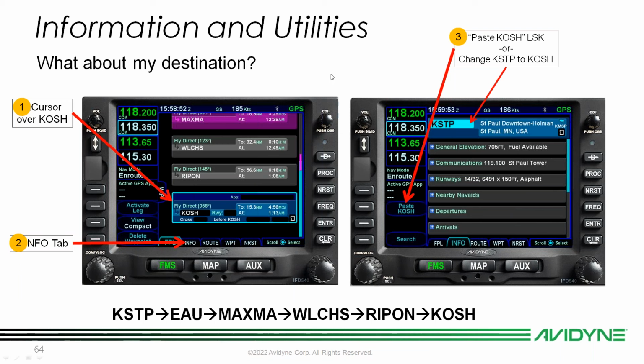So what about your destination? I want everybody to do this. Go back to your flight plan tab and move your cursor over KOSH, over Oshkosh. We can do that one of two ways: by tapping on the screen over OSH, or we'll use the knob and buttons to do that. Once we have the cursor over OSH, hit your info tab